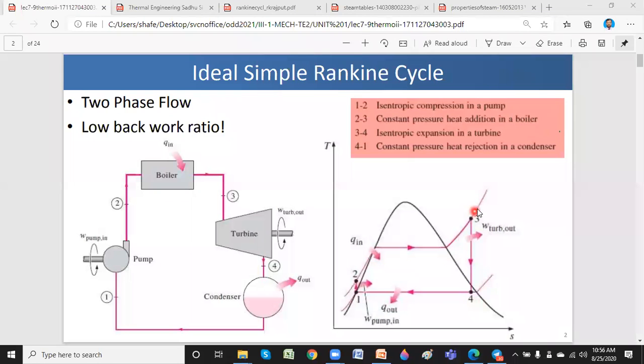Now I know H3, I know H4. So the turbine work is over. Now I'll go for 1. At the condenser pressure line, I can find out HF straight away from the steam tables. So that is H1. The only thing left is H2. That I have to determine by means of some relation.